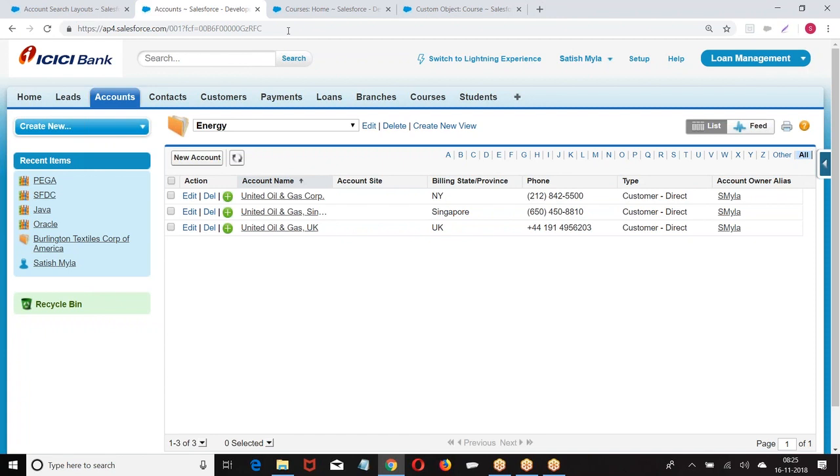I hope you are good with this. Clear for everyone? What have we seen? Search layout. So what is the purpose of the search layout? It controls which fields of the object should be displayed in different contexts of the application. When you click on the tab, when you search, when you use it as a lookup, when you see it in the list view, how the object is displayed is controlled with the search layout. I hope you are good with this concept.